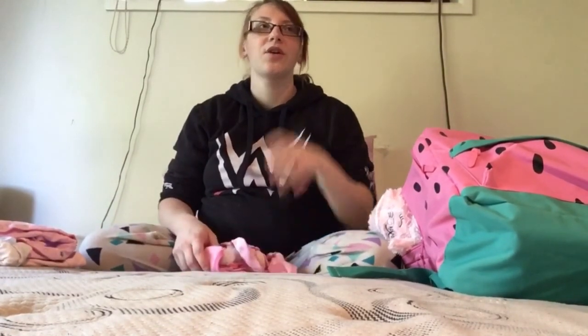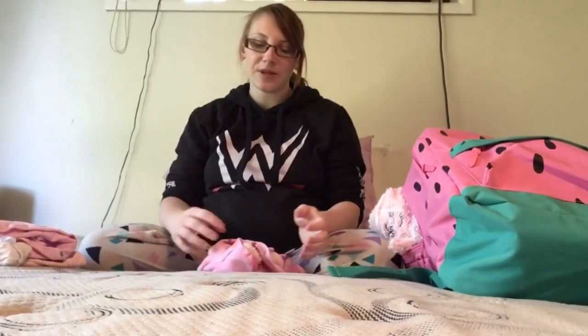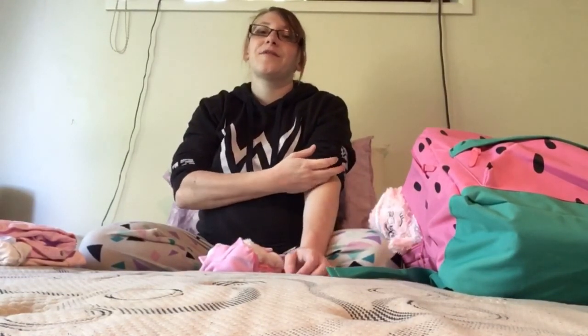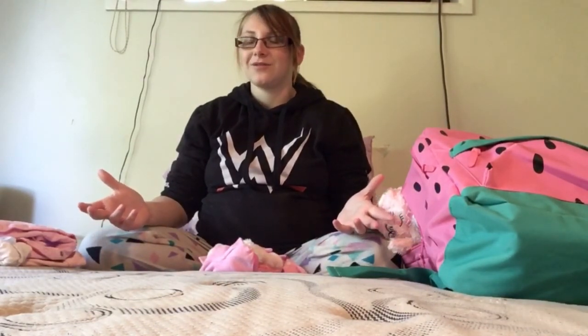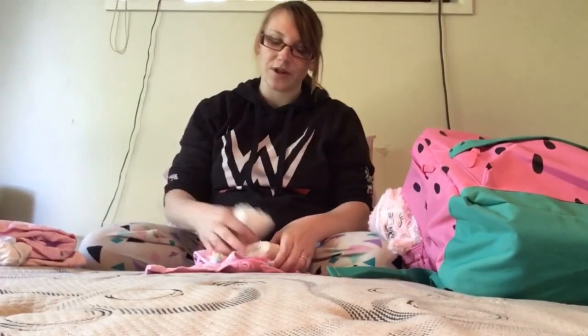So I didn't go nuts with a going home outfit. With Noah it was a little bit different because he was a summer baby. But with Eden I made sure she had the cutest coming home outfit. But this is going to be a winter baby, and they're snugged up in blankets anyway, like in a wrap. And for me, I didn't have a party waiting for me to get home. We just came home with my husband and the kids, so there was not really any point in having a fancy going home outfit. It just doesn't really make sense to me anymore on my 3rd kid. So anyway,